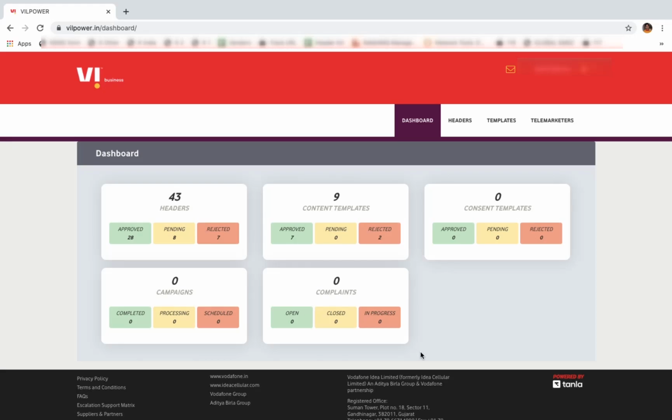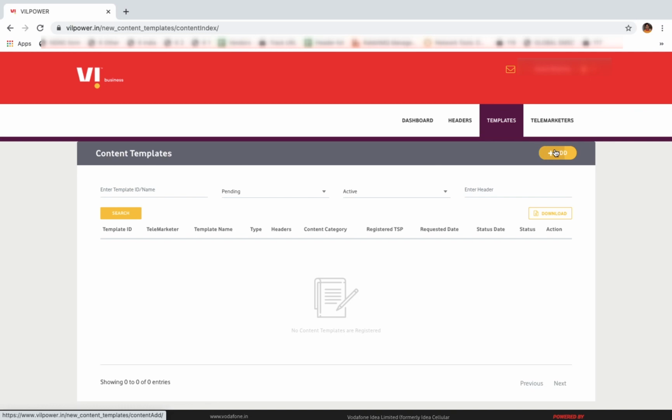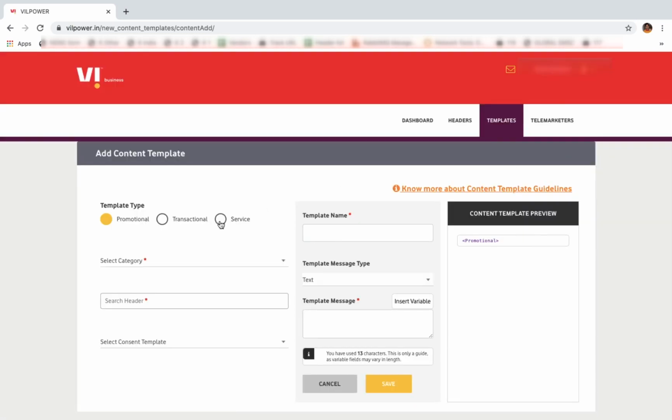Let us proceed to understand the procedure of template registration on VIL Power. First of all, log into your VIL Power account, go to the template section, content templates, add button, choose the type of your template. If you want to send promotional messages like offers, discounts, any marketing campaigns, you will choose